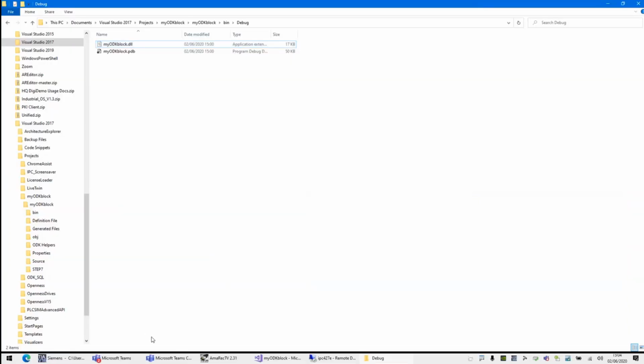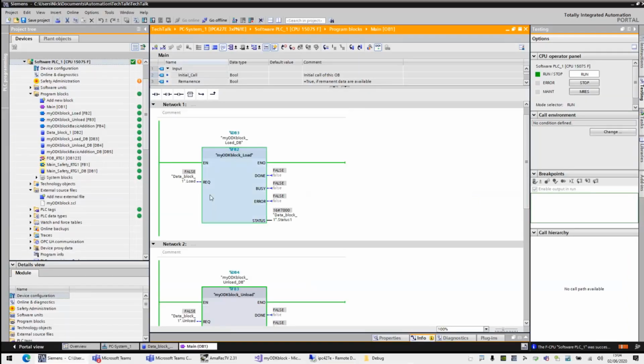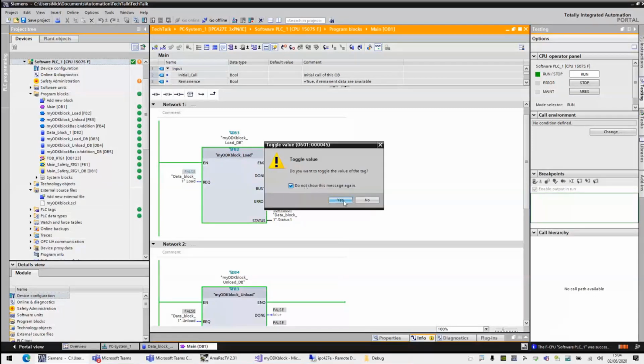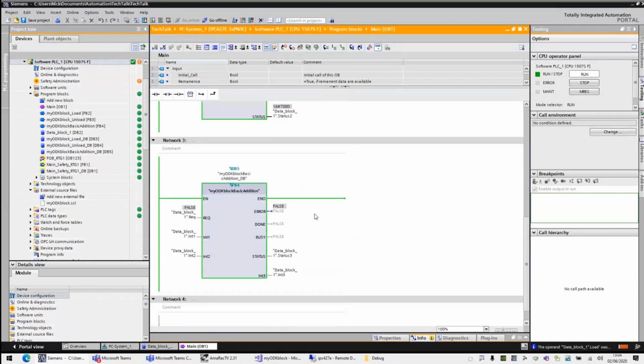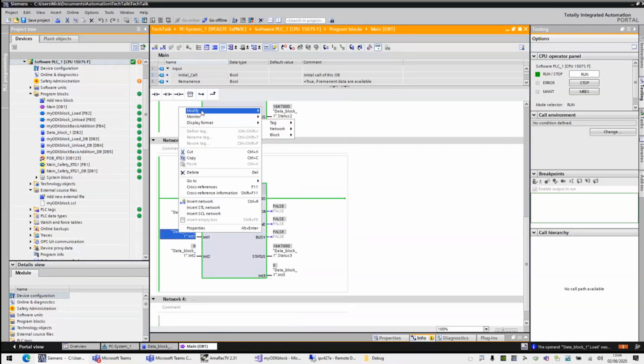So now at this point, we can go back into here. And if all being good, our 7,000 should change to our ODK success, which if you recall was 0. So we'll double click this. And we can see there we go, we've got our done pin and we've successfully loaded. There's lots of error messages built into this. So for example, we get a 7100, which tells us that it's already loaded if we try to load it again. So we don't need to unload it right now, but what we want to do is pop some values